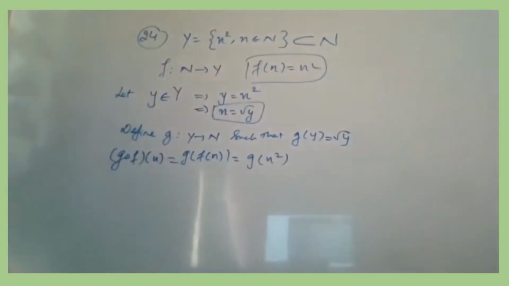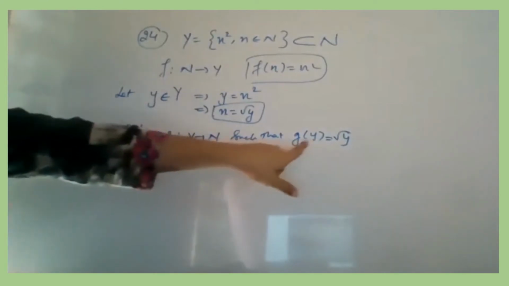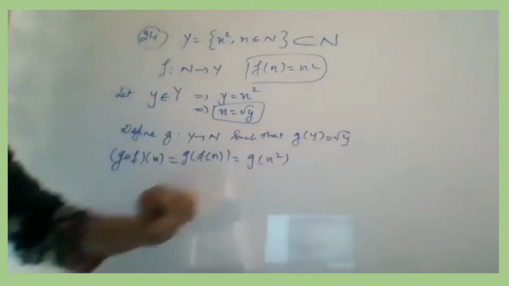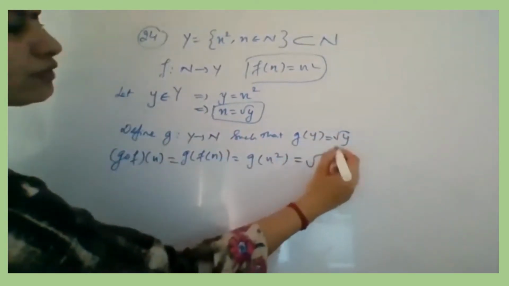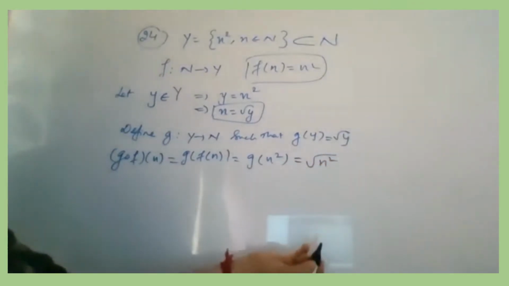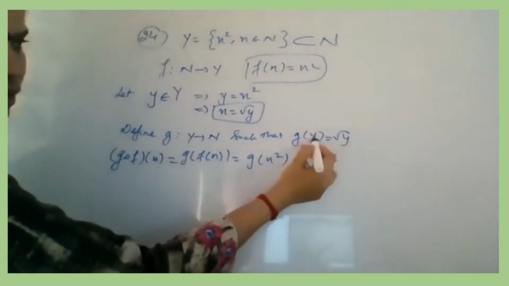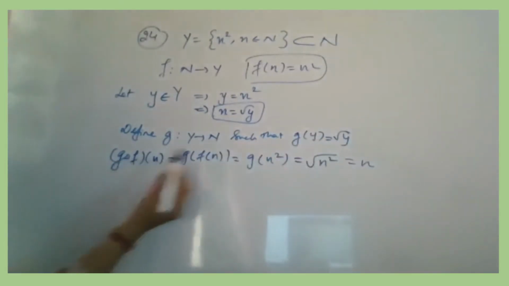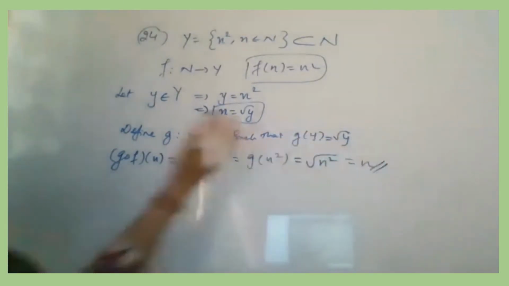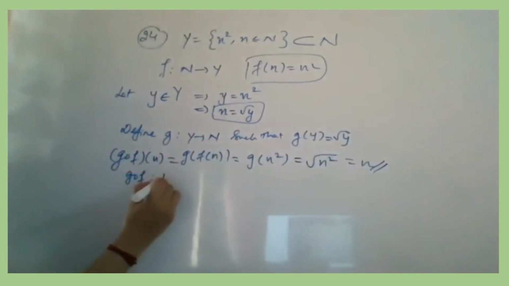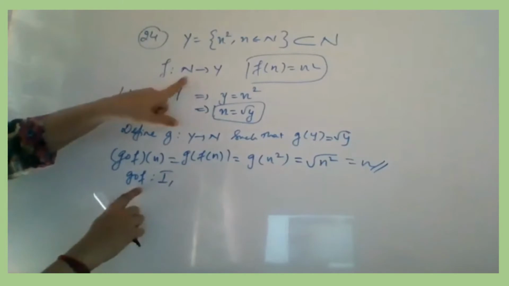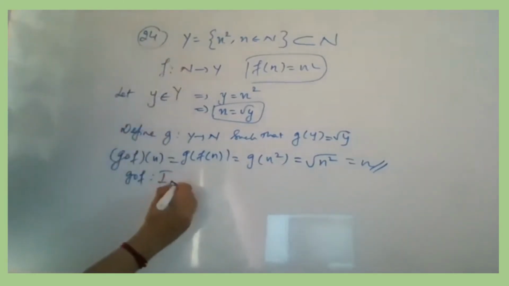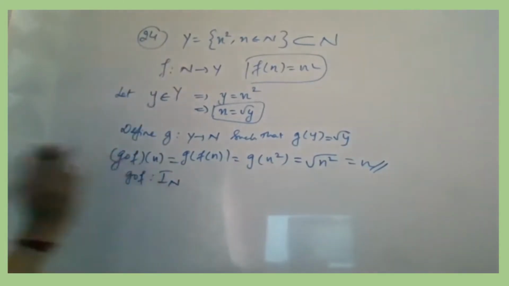Now g of n square. G of n is what? G of anything is root of that. So here I will write root of that means that is your n square. Root of whatever you have written inside. So root of n square will give you n. So you started with g composition f of n. You have got n. Again, this g composition f will act as I. सफिक्स क्या होगा? कहाँ से जा रहा है? देखो n से स्टार्ट किया है, तो वो फिर से n रीच करेगा कॉम्पोजिशन लेते वक्त. तो इट इज सफिक्स n.